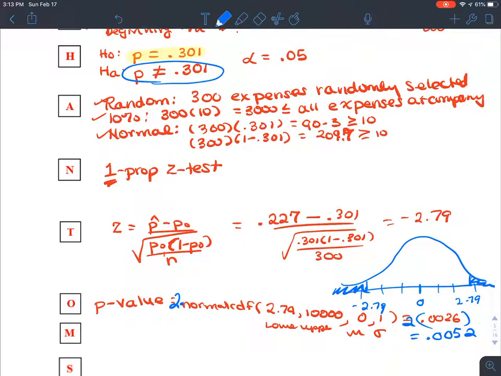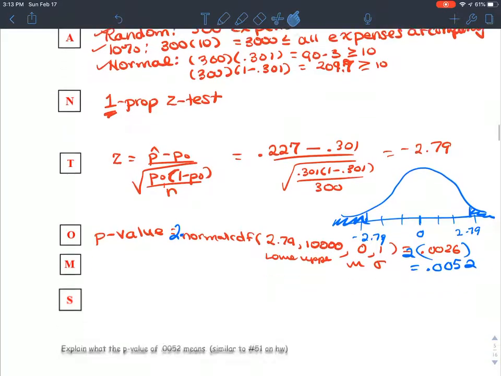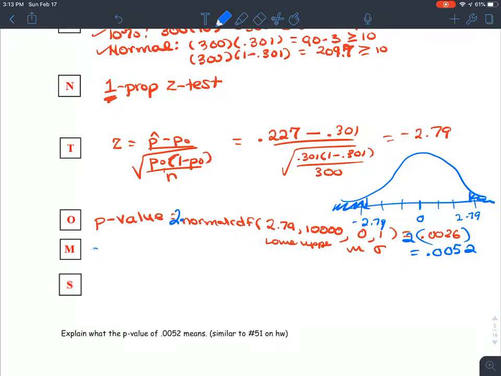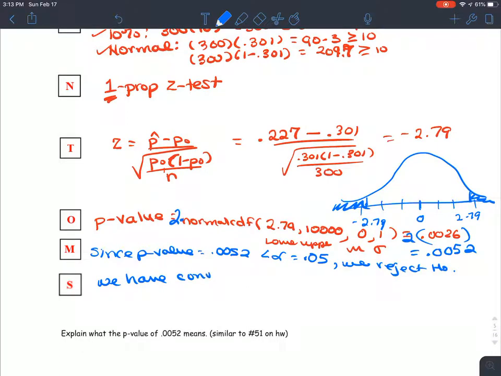Okay, so now I need to make a decision, and my decision is going to be, since the p-value, which is 0.0052, is, I'm comparing this to an alpha level of 0.05. So since it's less than an alpha level of 0.05, my conclusion is we reject the null hypothesis. We can say we have convincing evidence